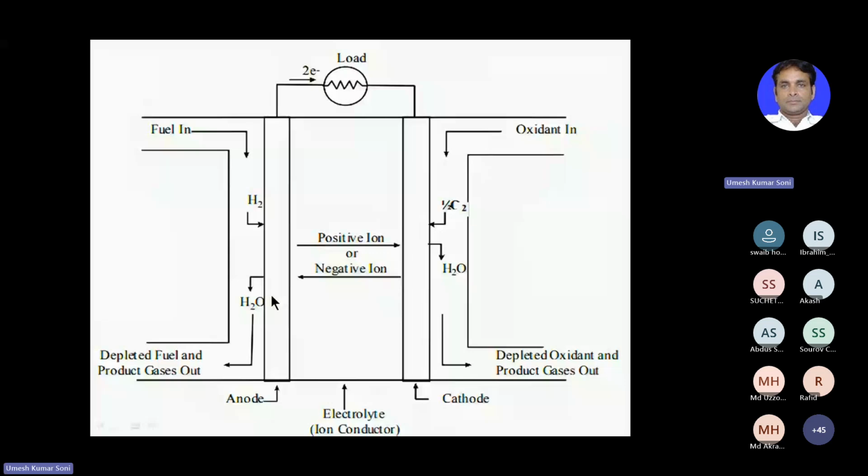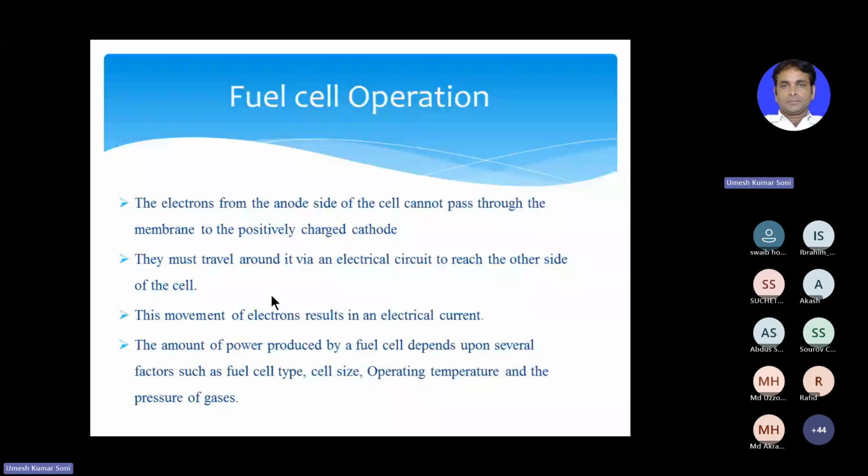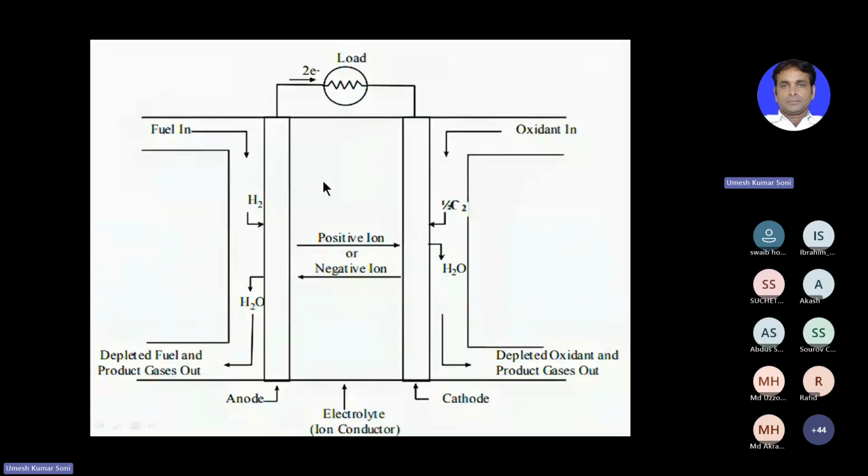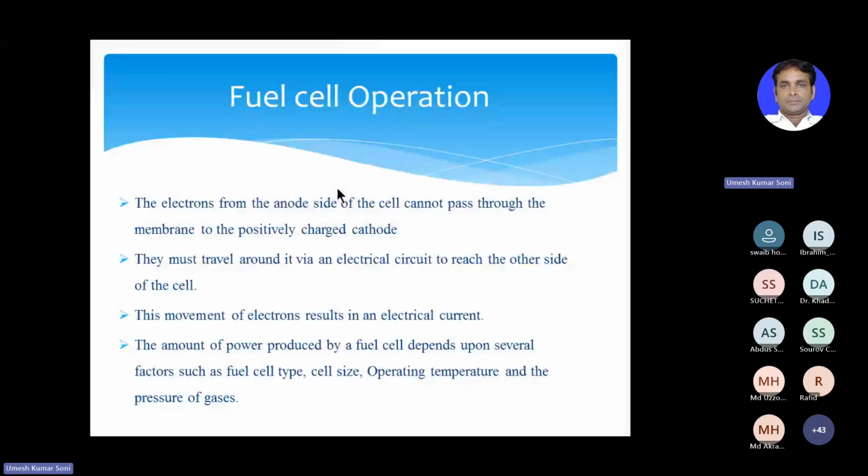So mainly the electrons pass through the conductor and do not pass through the membrane. This is also called the membrane. Here we can see, if we don't use the electrolyte, we can use a thin porous material which contains salts or bases or acids. So that is called the membrane. So here we can use the electrolyte or we can use the membrane. So here the electrons will mainly travel through the external conductors and load, and protons will only travel through the